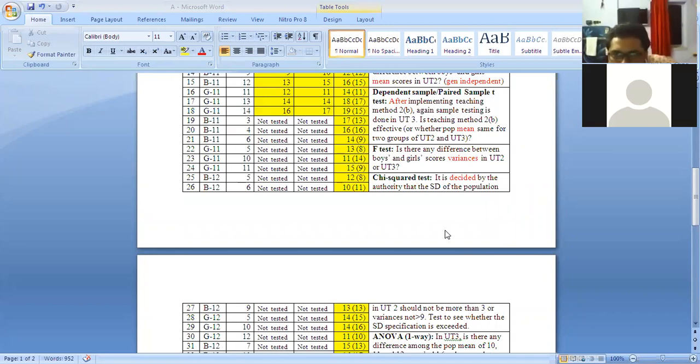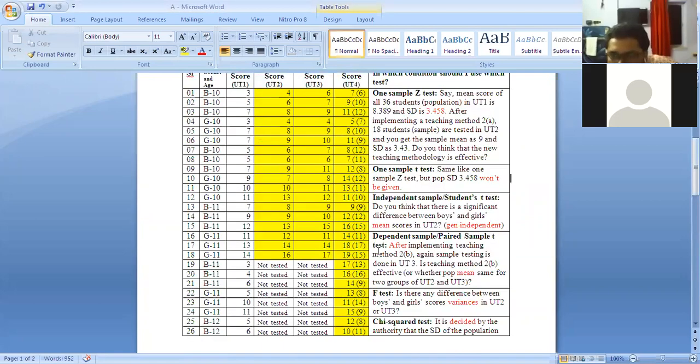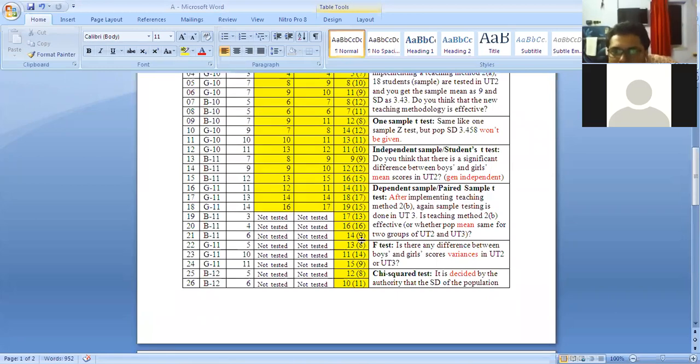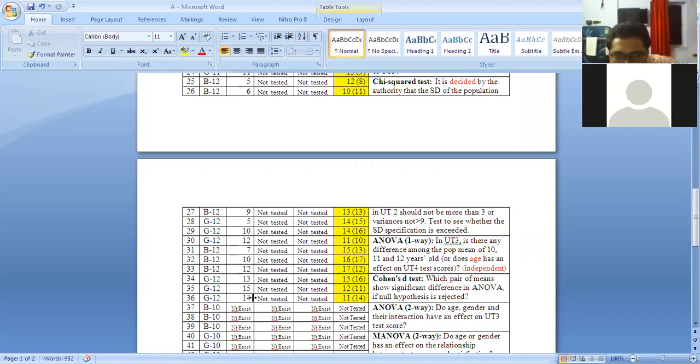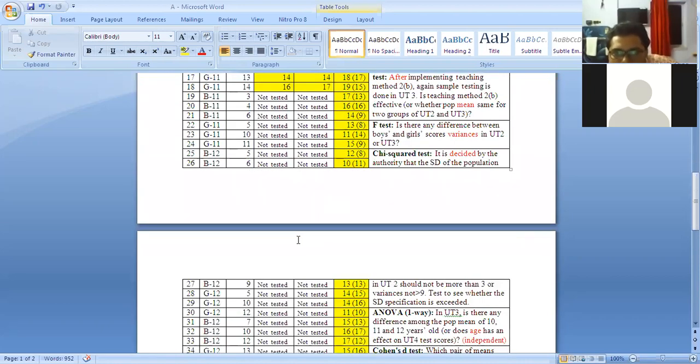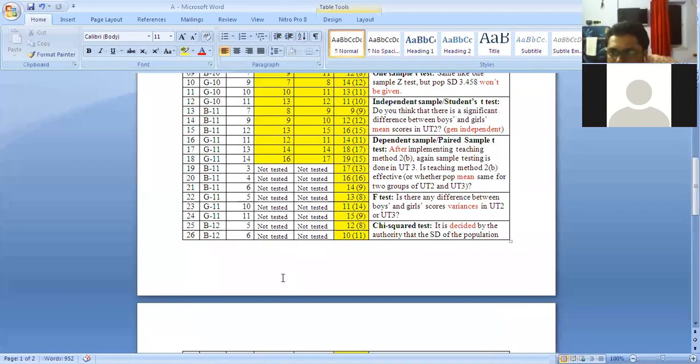Try to understand that in chi-square test, some specifications will be given. Suppose the authority has provided that in your entire population, suppose in unit test 2, okay, 36 students have registered. Okay, now suppose the, 1 minute, just